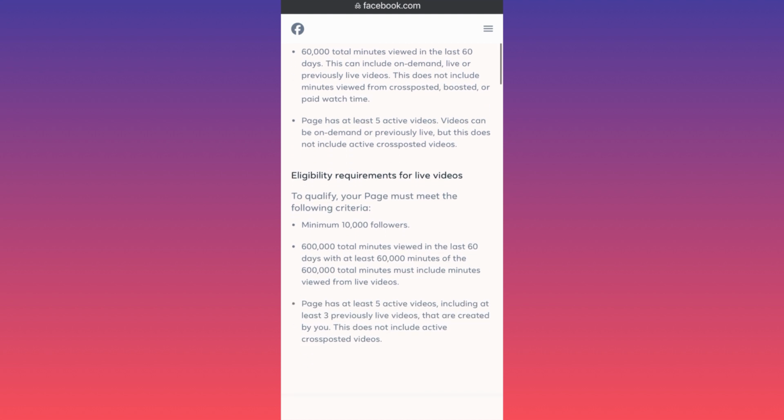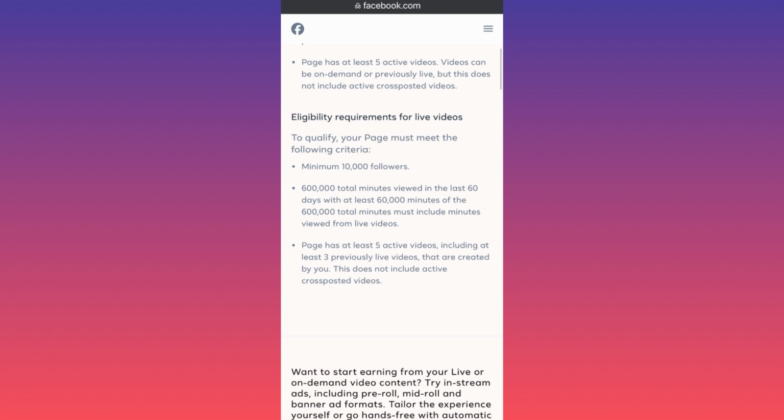The next is the eligibility requirement for live videos. So if you're a live streamer, right, if you stream videos, the eligibility criteria to play ads on your own live streams will be over here. To qualify for this, you should have at least 10,000 followers on your Facebook page. The second requirement is to have 6,000 minutes viewed in the last 60 days. So everything is 10x over here as a requirement. You should have